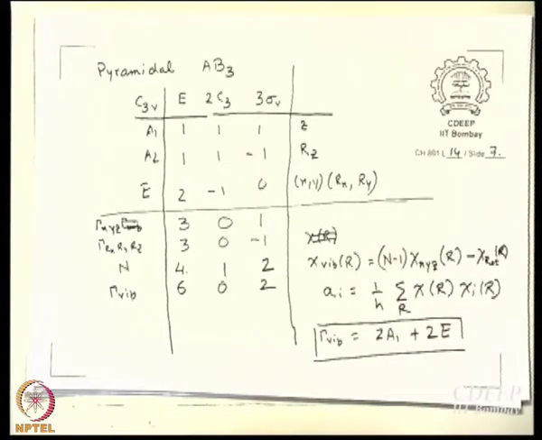Once again, this is a step where we can check whether we have gone wrong somewhere. 2A1 plus 2E. So, what is the dimensionality total? 6, and we are talking about a 6 dimensional basis anyway. So, seems to be right, okay, at least consistent. Fine. Now, what do we need to do?